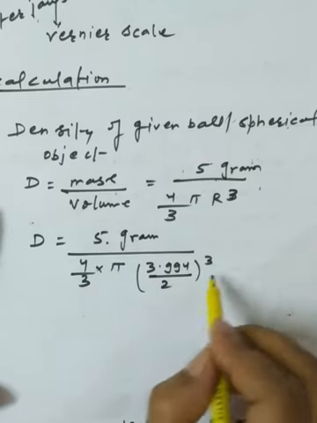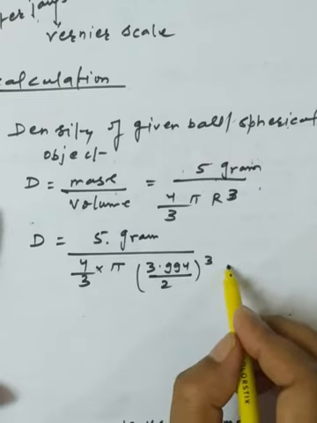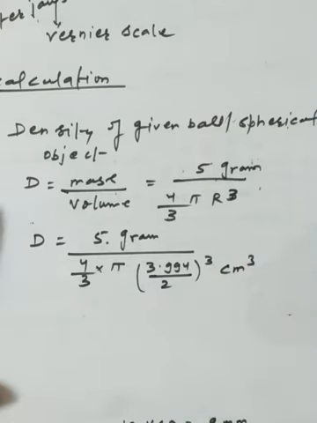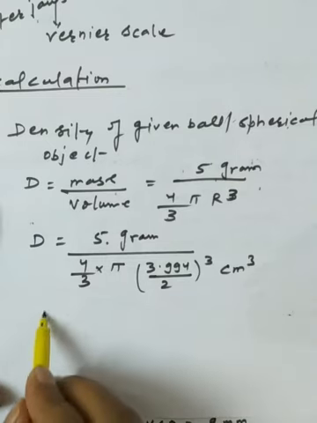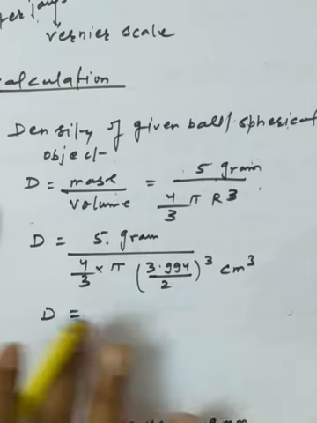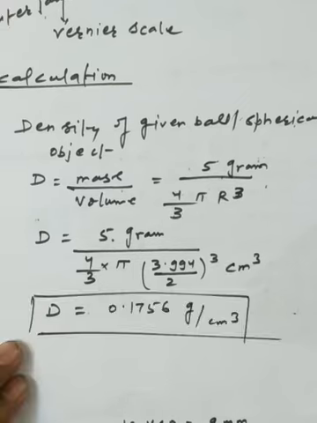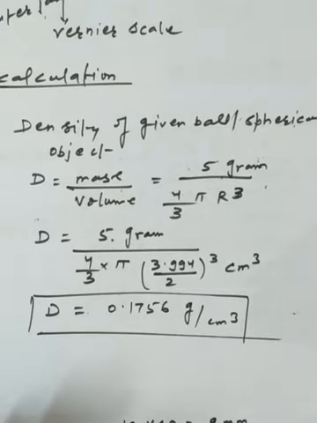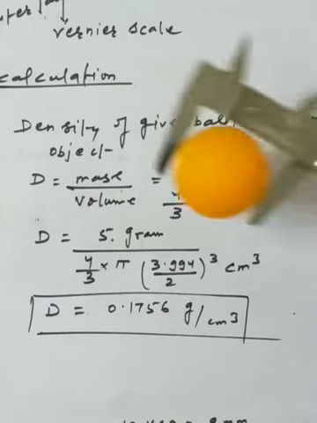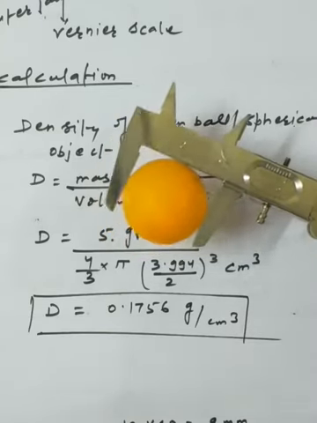Okay, and suppose this one is in centimeter, so I can easily write centimeter cube. Whenever I am completely solving it, it finalizes the density. No need to do too much cutting in that part, directly you can write the density here. So dear students, whenever I completely solve it, it comes about 0.1756 gram per centimeter cube. So this is the simplest method to use the vernier calipers to find out the external diameter of the given spherical object. Okay, so it's a very interesting device we have.